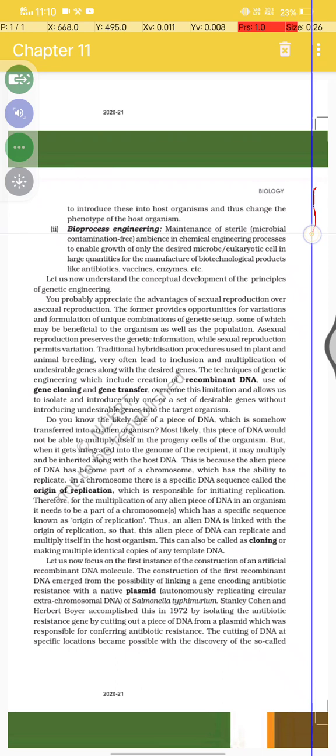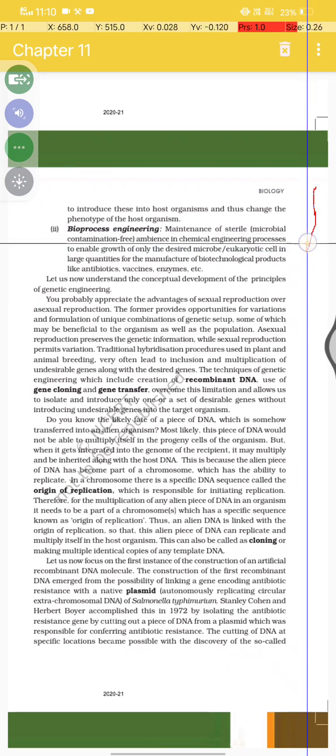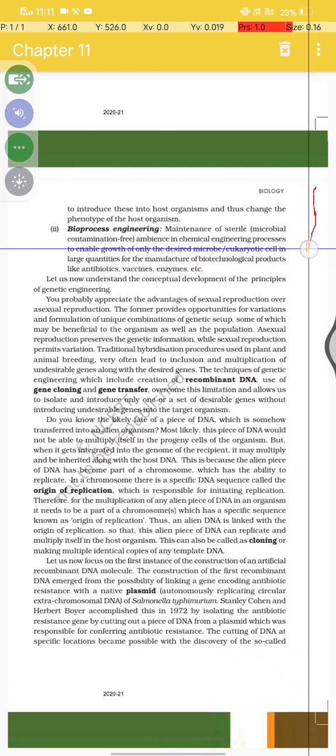The second is bioprocess engineering: the maintenance of a sterile, microbial contamination-free ambience in chemical engineering processes to enable growth of only the desired microbes or eukaryotic cells in large quantity for the manufacture of biotechnological products like antibiotics,